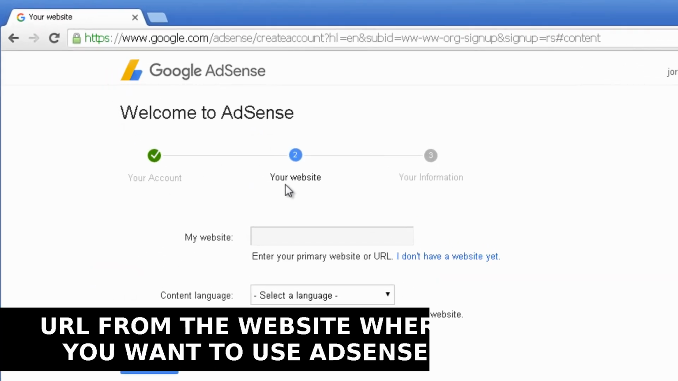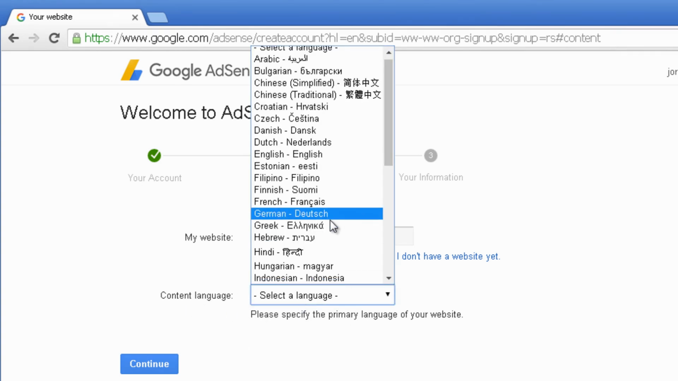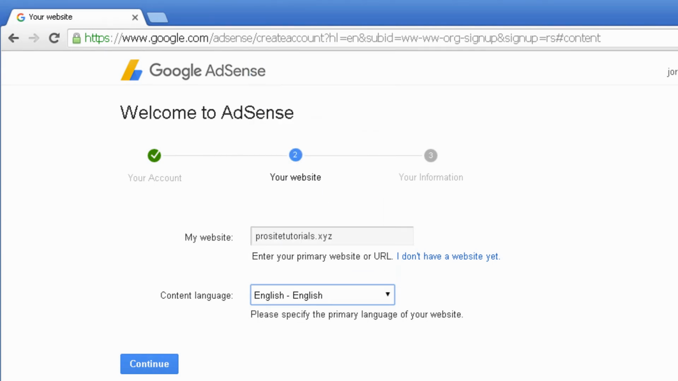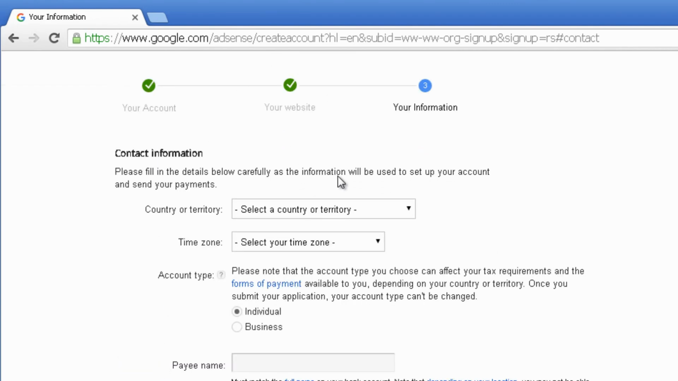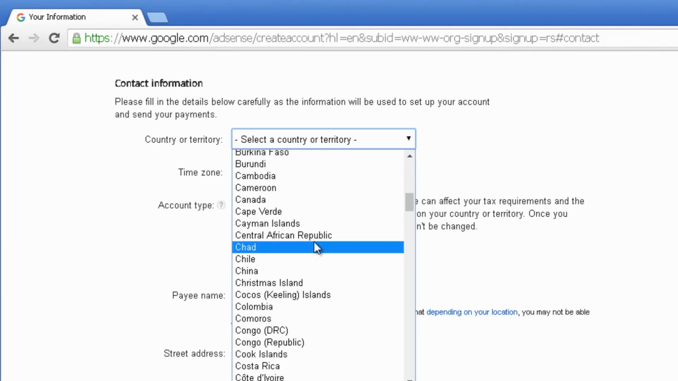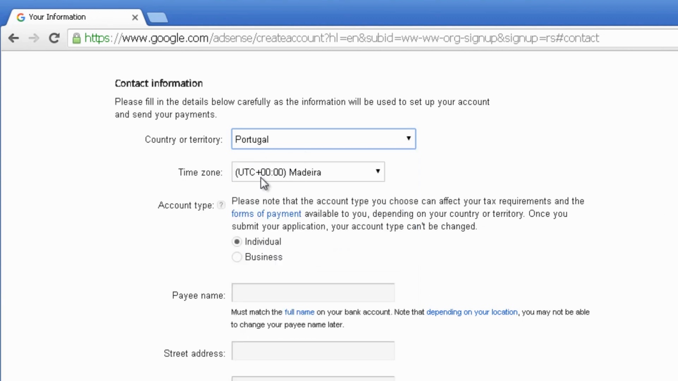And then you go to the second step where you need to put your website. So you want to put over here your website. Then you want to select the language that your content is. In my case, it's English. And then you just want to press continue. Then you need to fill all of this information with country or territory, time zone,